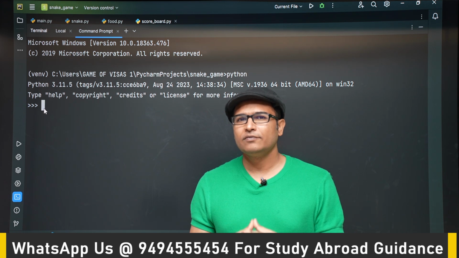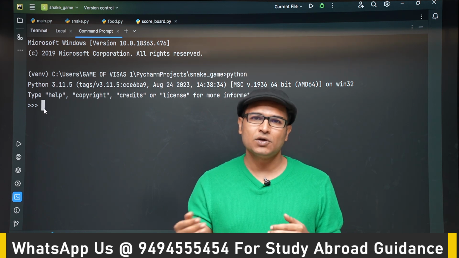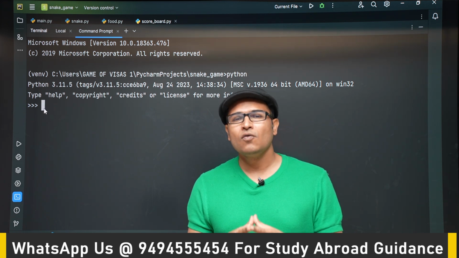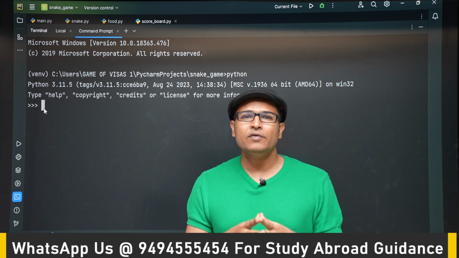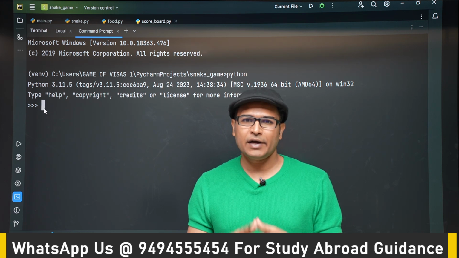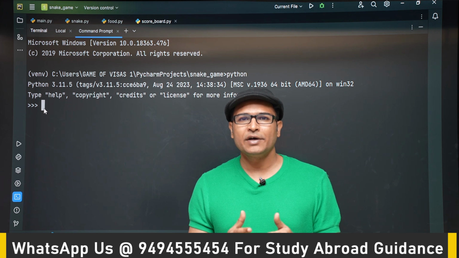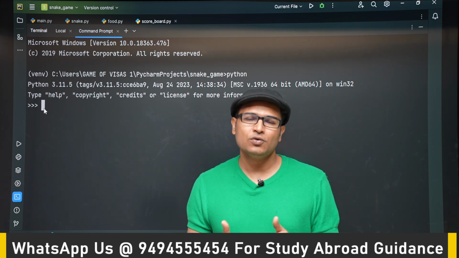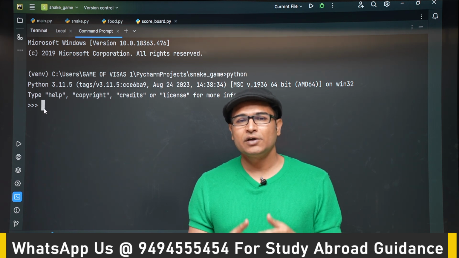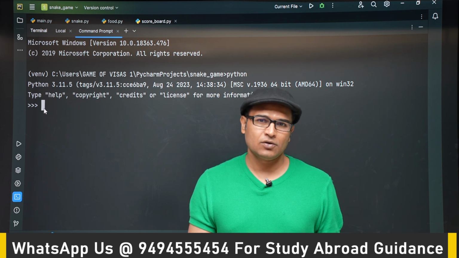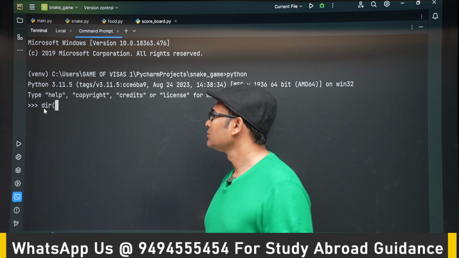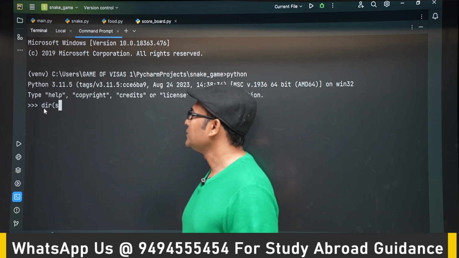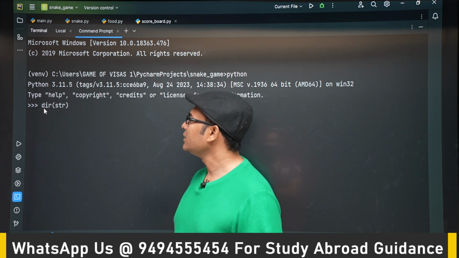So remember this, even in future classes, whenever you don't know what functions are available in your object, you can use the function dir. Dir is an inbuilt function. If you apply the dir function to any object, it will show you all the functions that are available inside that object. Okay. For example, I can write dir